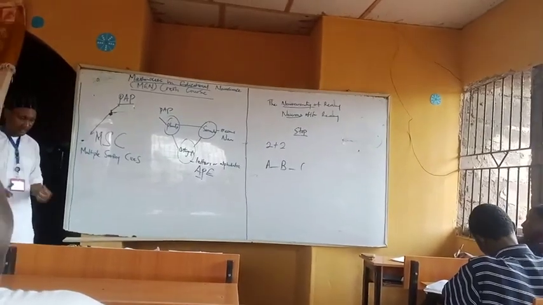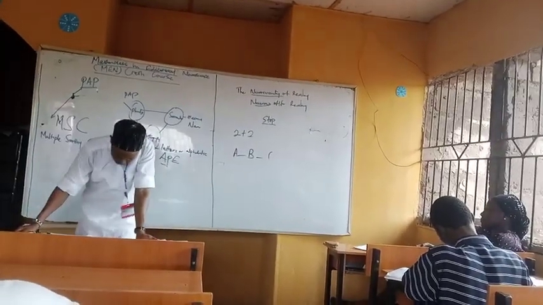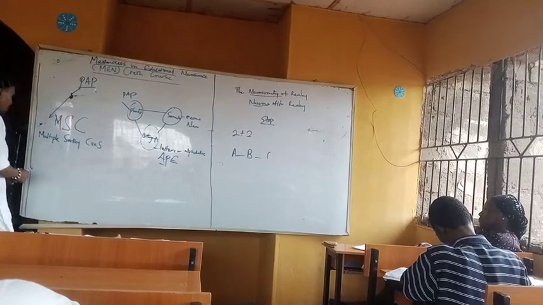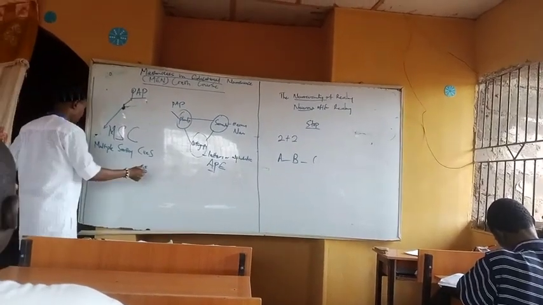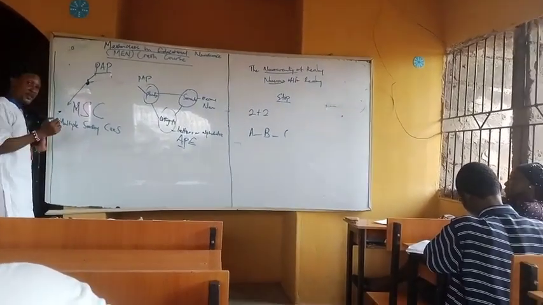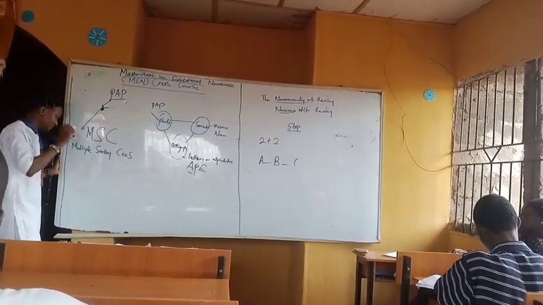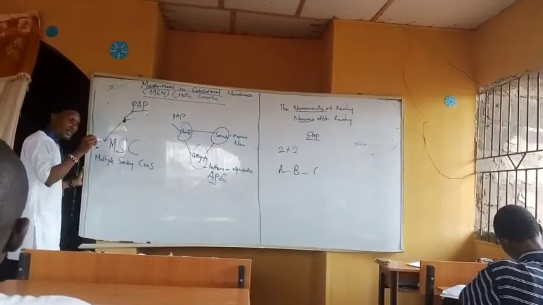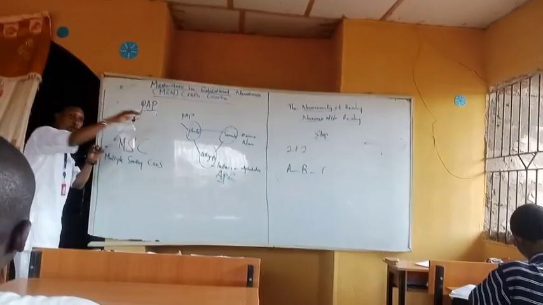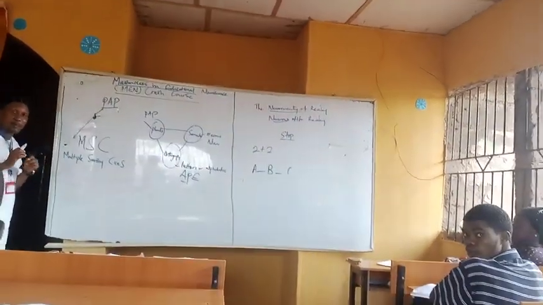Whenever you are teaching the child, let me look at the example that I used. One, the multiple sensory cues. How many senses do we have? 5 senses, isn't it? We are going to actually use that so that whatever we're teaching the child can be stored in different memories or in different parts of the brain of that child. One,